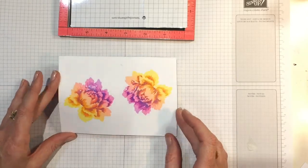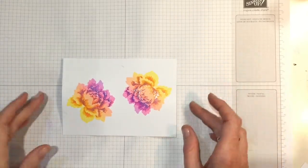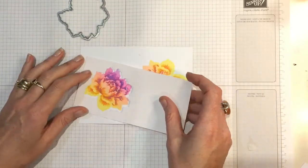Now I need to cut them out, and I have the dies for this set as well, so I'm going to use the dies to cut out these flowers. Now, a really handy hint that I did see on another YouTube video, sorry I can't remember who it was, to use the